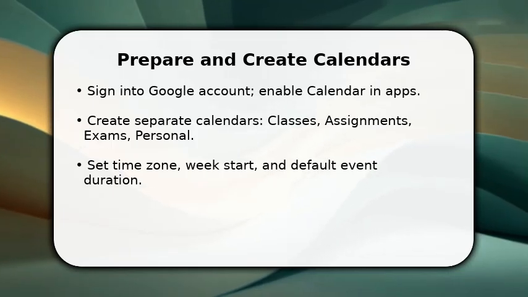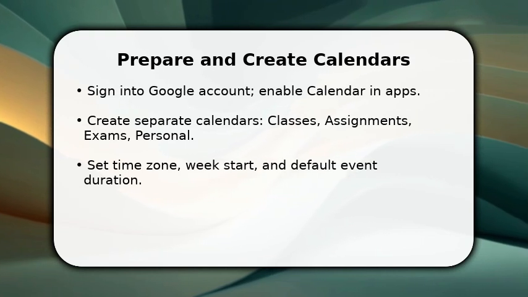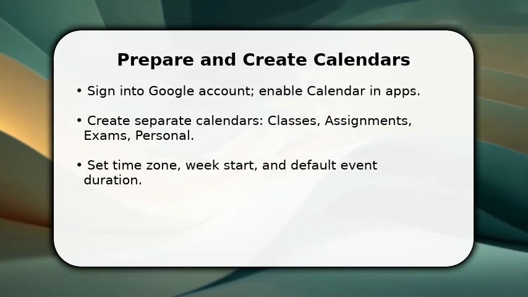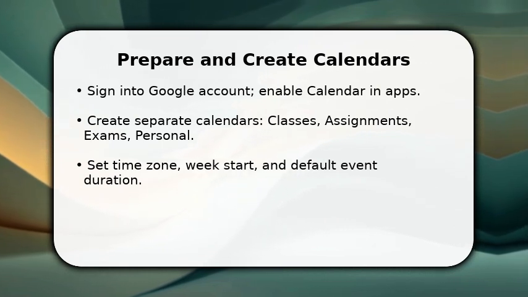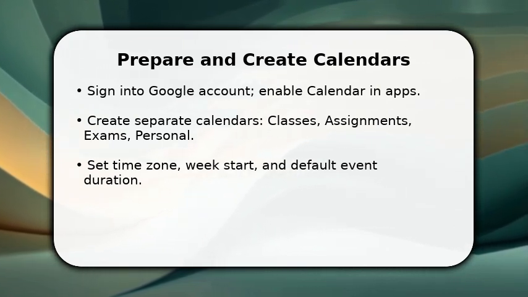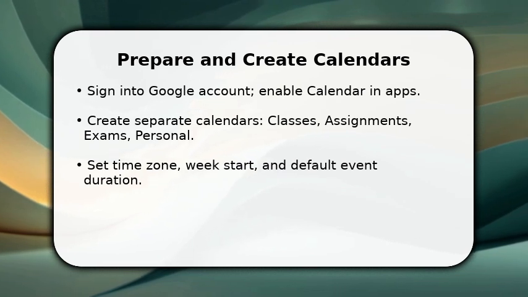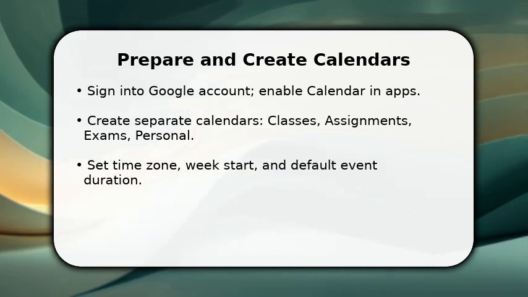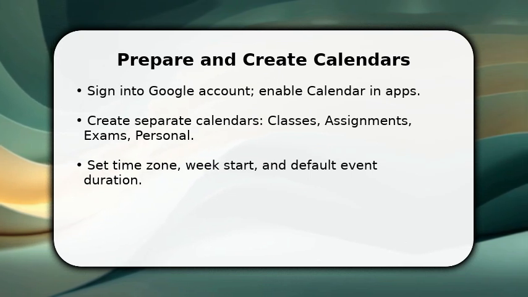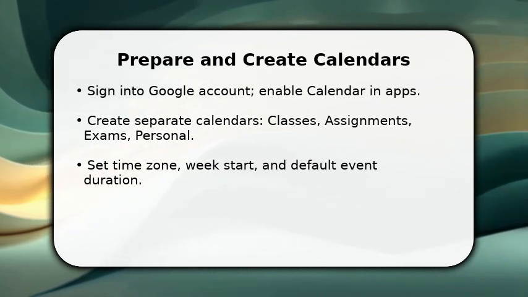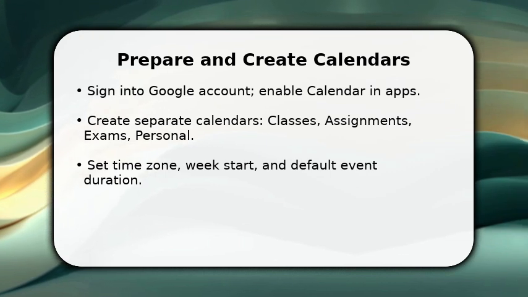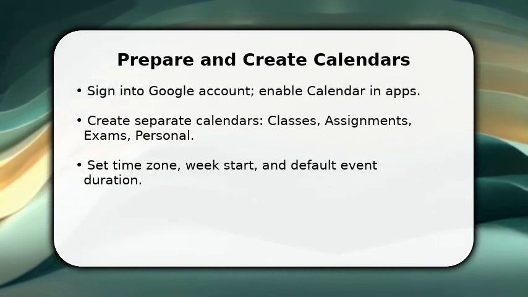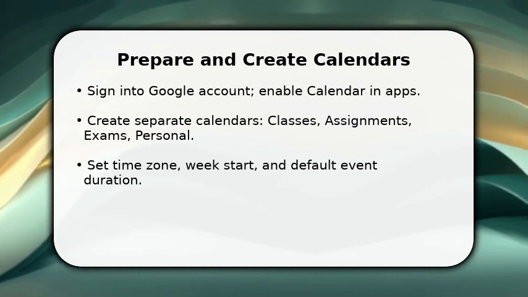You start by confirming prerequisites: a signed-in Google account and the calendar app available on web or phone. Once done, create distinct calendars for classes, assignments, exams, and personal to avoid clutter and control notifications. Make sure your time zone and week start are correct so events align with class times. Then set a sensible default event length. This speeds entry. These first steps let you segment academic life, control reminders, and prepare to add class schedules and